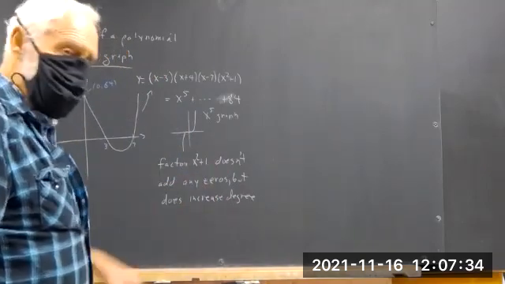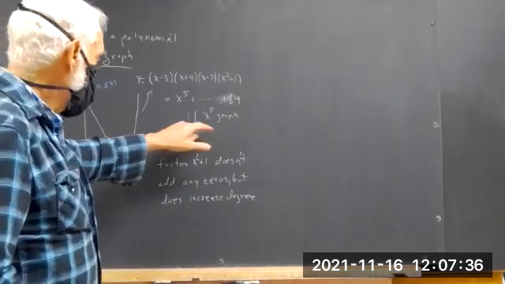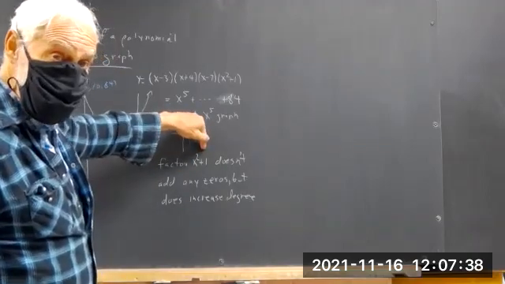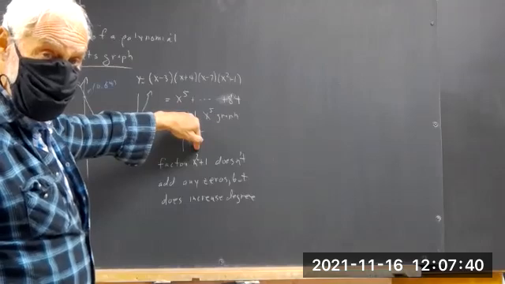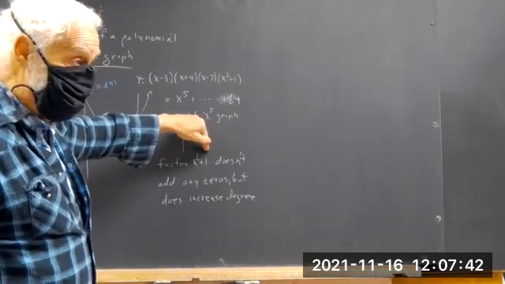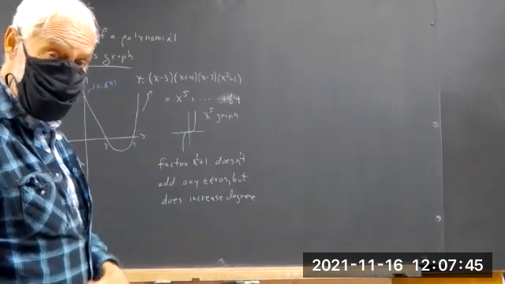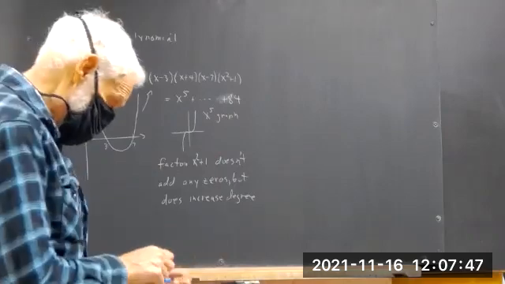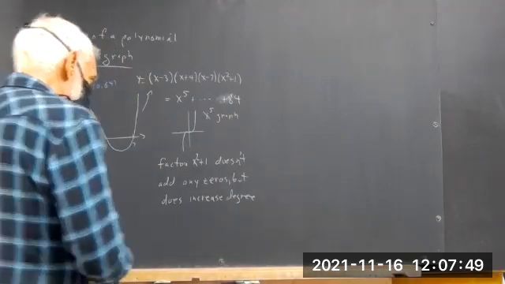Now, why doesn't it add any more zeros? It's because x squared plus 1 can never be 0. x squared is always positive. When you add 1 to a positive number, you still get a positive number. It can never be negative. Okay? Another way of seeing that is